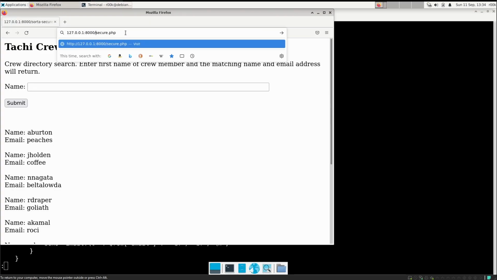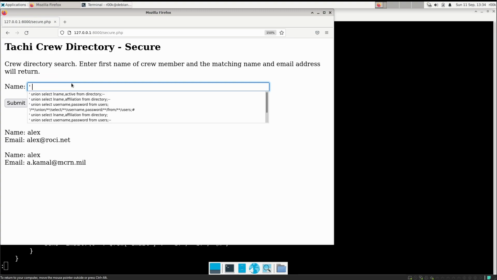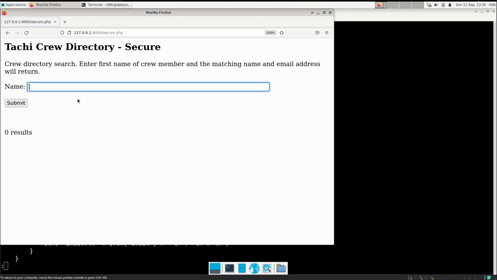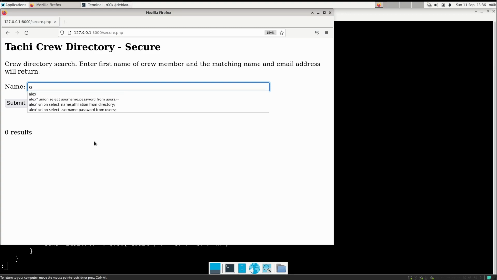So we'll go to secure.php and we'll type in Alex. We can see that the Alex information comes back. If we do something like union select username, password from users, we get 0 results because it's reading all of this as a string. It would be like if we searched for Alex double quote union select username, password from users.